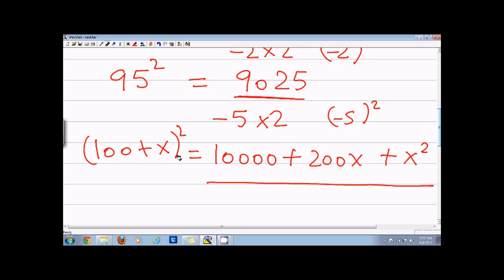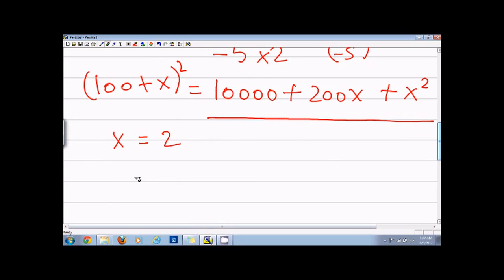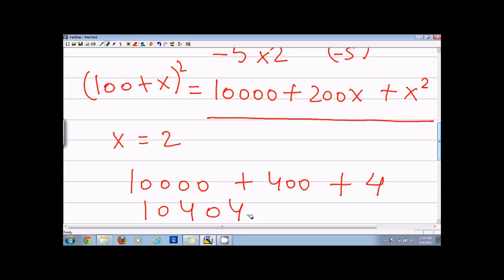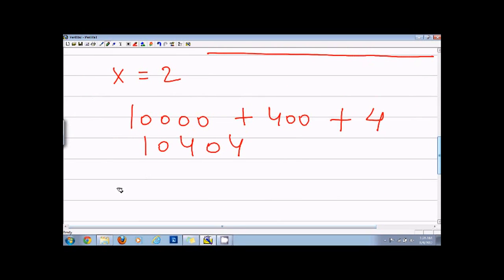So if x is equal to 2, then what I'll do is say 10000 plus 400 plus 4, that is equal to 10404. So if you look carefully, this is the same as the trick. So 4 is equal to 2 into 2, and this 4 is equal to 2 square, the same way I told you the trick. Similarly, if x is equal to minus 2, in this case it will be 10000